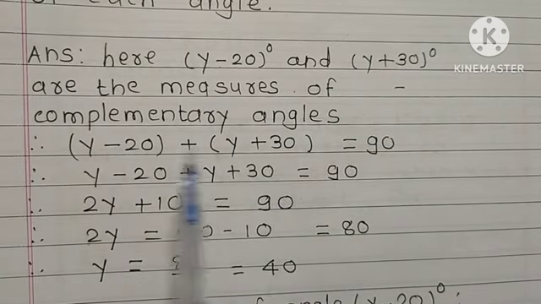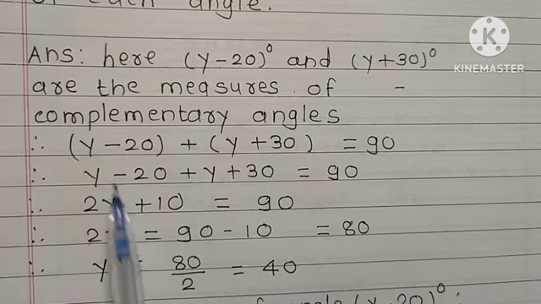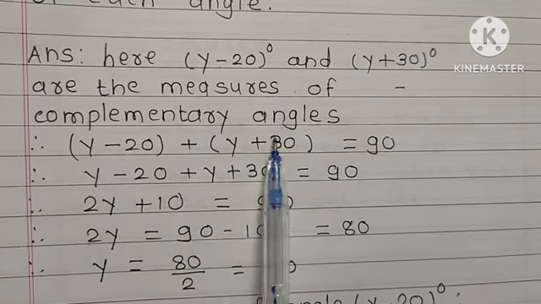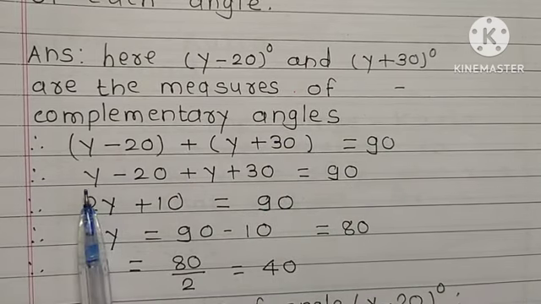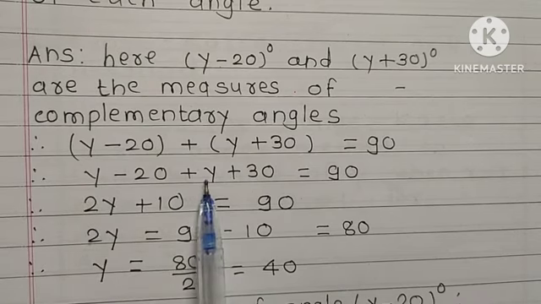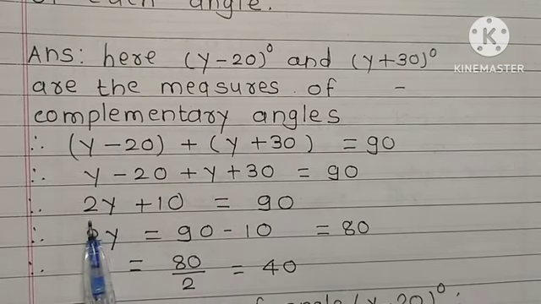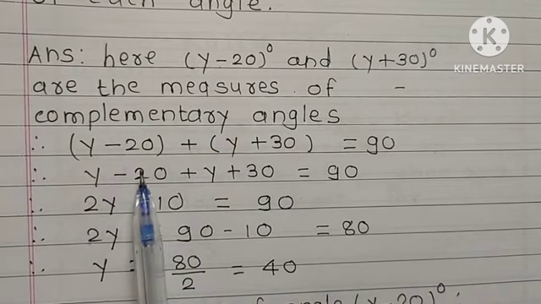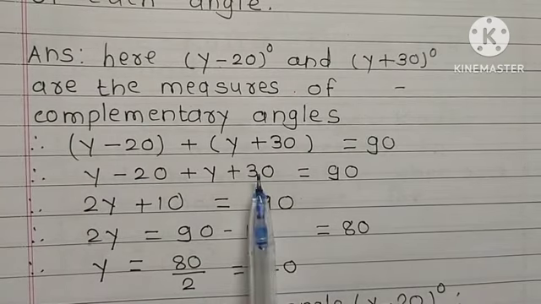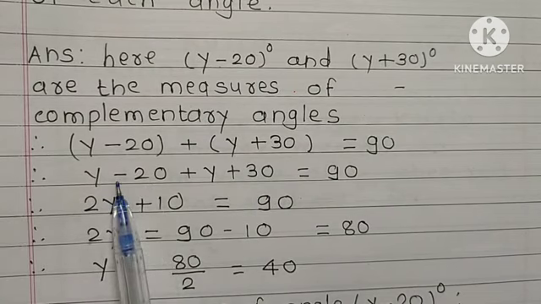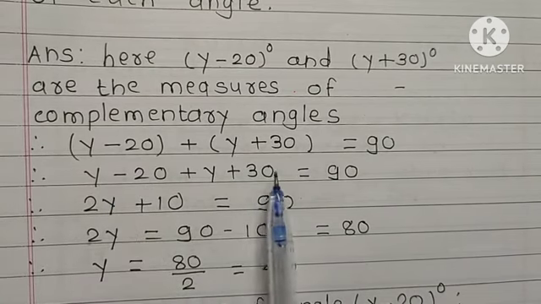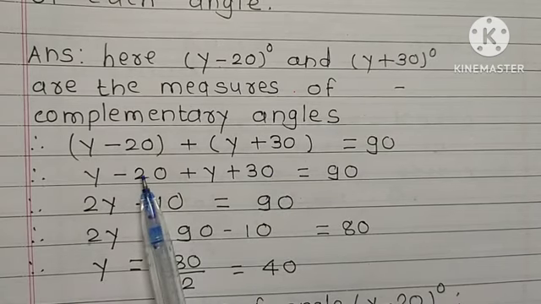Now solving this, y plus y, that is 2y. Again 20 and 30. This means 30 is positive, 20 is negative. That means 30 minus 20, you will get 10,